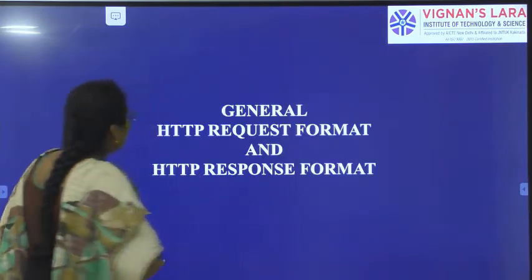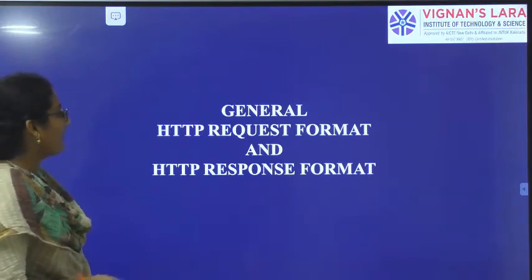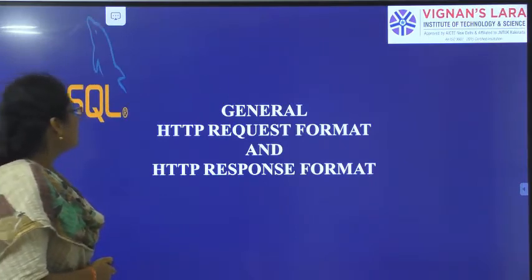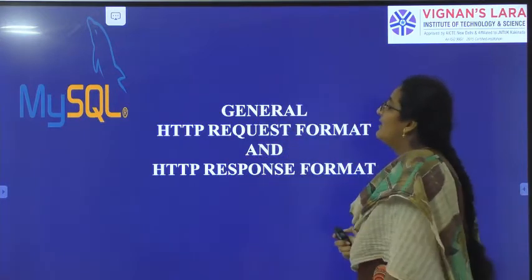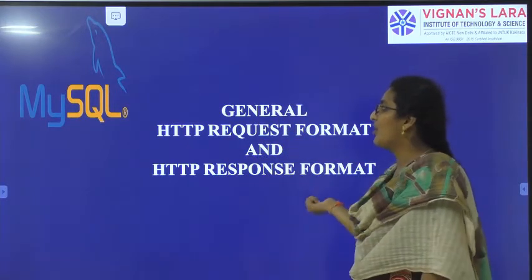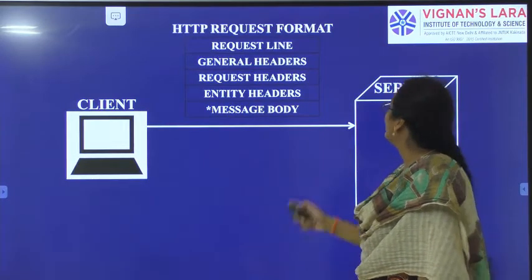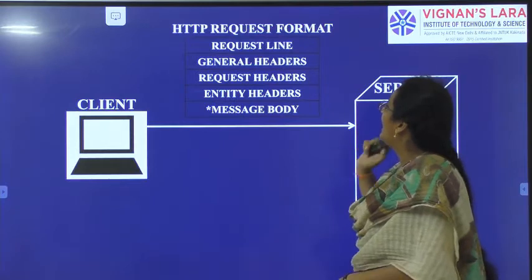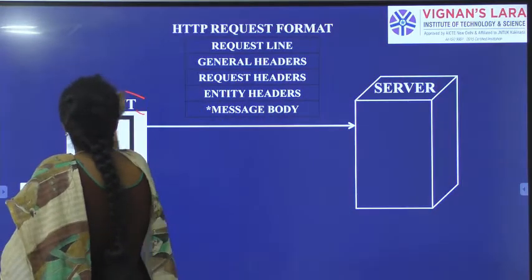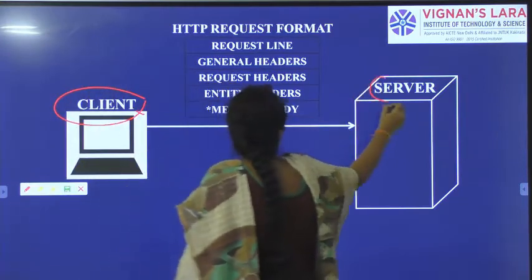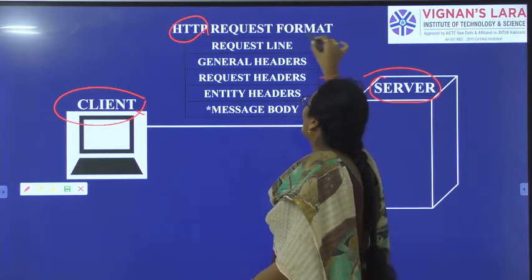So the next one, general HTTP request format and HTTP response format. Generally how do we have the HTTP request and response format? See, we have the client and we have the server, and we have the request format also. So client machine, server machine, HTTP hypertext transfer protocol format.